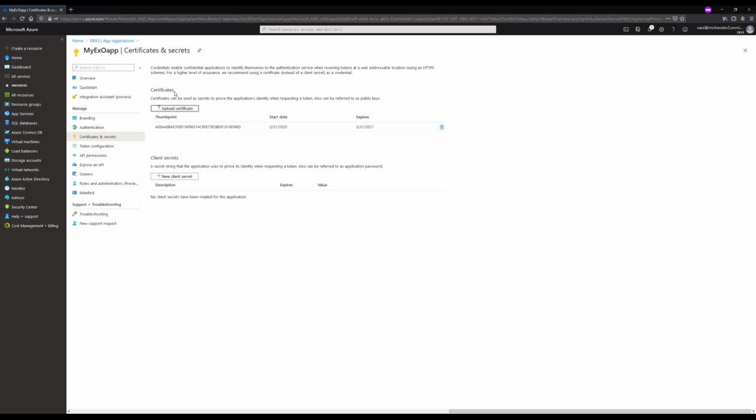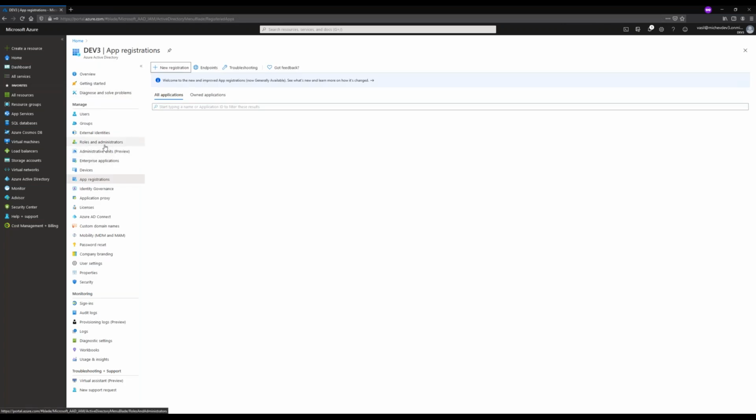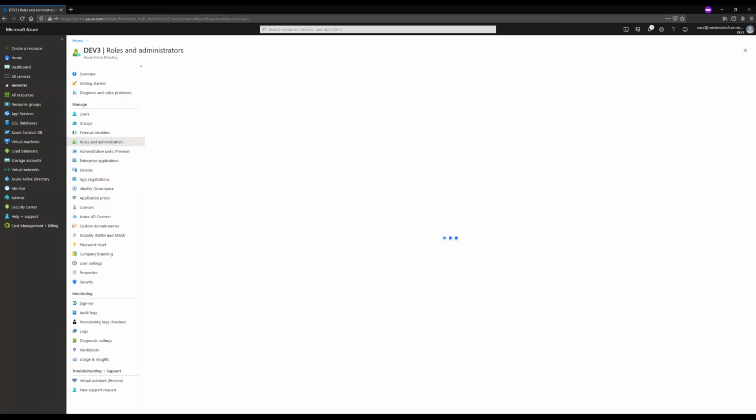As I mentioned, you don't have the granularity of the RBAC model to designate what exactly it can run currently, but you can use the roles within Azure AD to actually designate